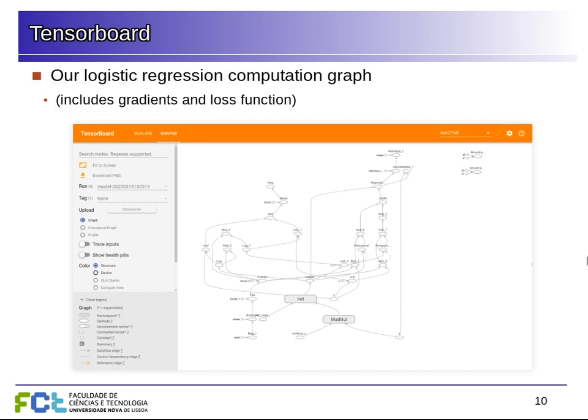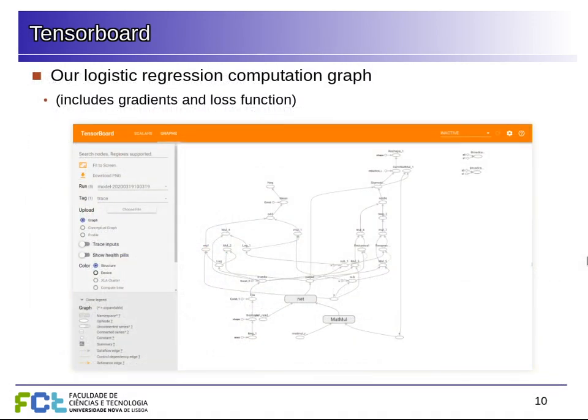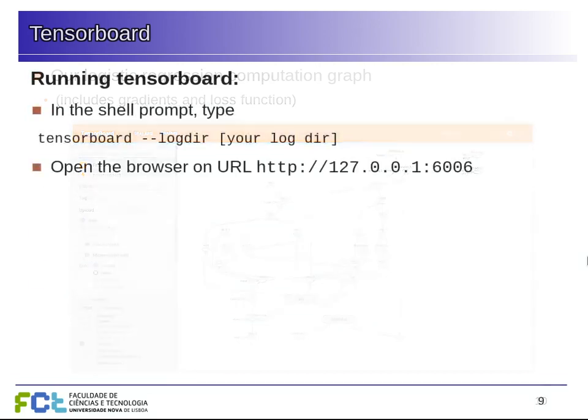Okay. So now you can see in your browser the interface with Tensorboard, and you can see the run that you did. And if you show the graph, this would be the computation graph that we have. You can see more details, but you should have the multiplication of your weights by the input, add the bias to get the net here. Then you have the logistic loss function, and you have all the gradients necessary to do the backpropagation and adjust the model. So everything here is built by your own computations and by the gradient tape, because remember that